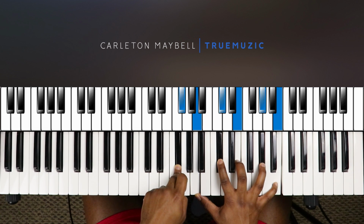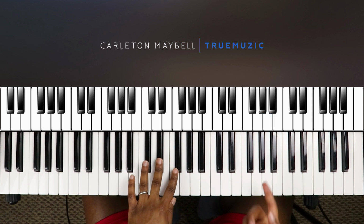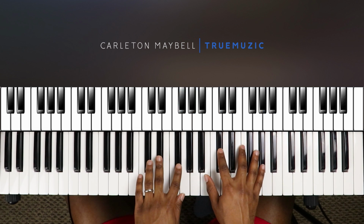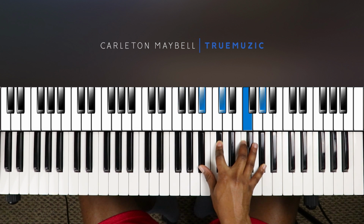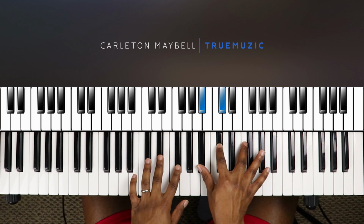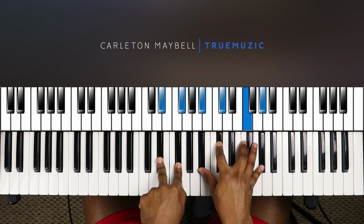Okay, then your second chord is going to go to a D sharp minor 11, which is right here. But before you get to this chord, you're going to lead into it by hitting this A by itself. So you're going to go from here, hit this A by itself, and that's going to lead you into your D sharp minor 11. For this chord, your left hand is going to be doing a D sharp and an F sharp, and your right hand is going to be doing an A sharp, C sharp, F, G sharp. All right, that's your D sharp minor